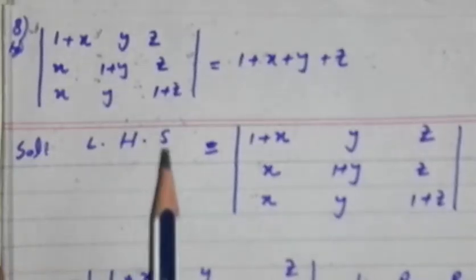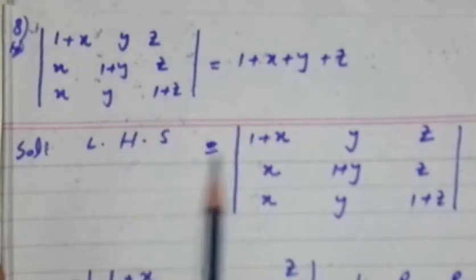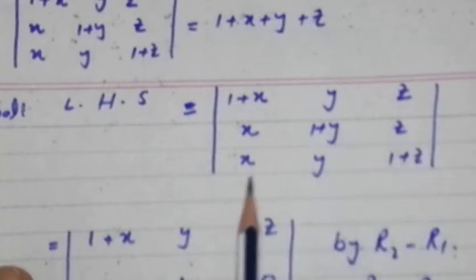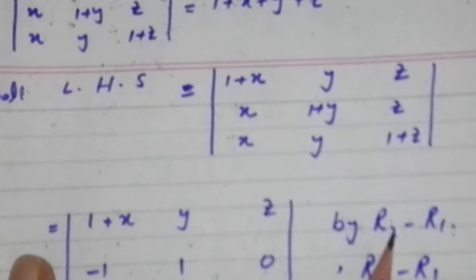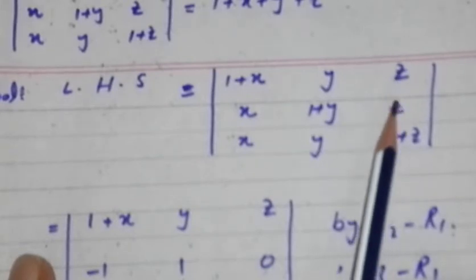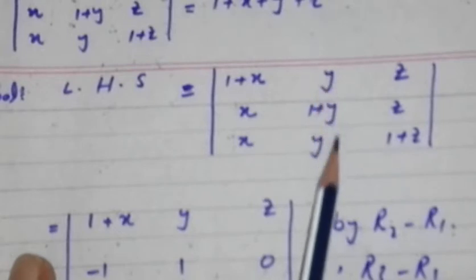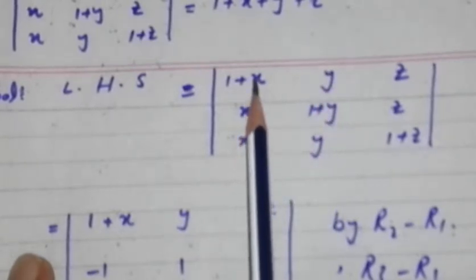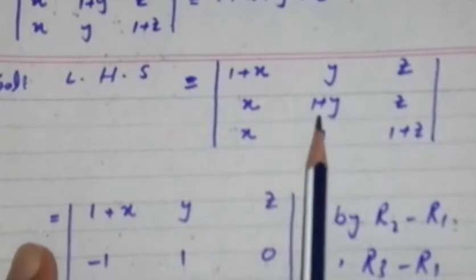Bismillahirrahmanirrahim. Question number 8. Show that this is equal to this. For this, taking left hand side: 1 plus x, y, z; x, 1 plus y, z; x, y, 1 plus z. Here we will subtract row first from row second and row first from row third. So now look, x minus 1, x cancels with x, we get here minus 1, and here